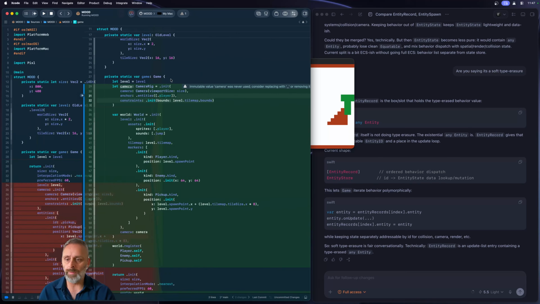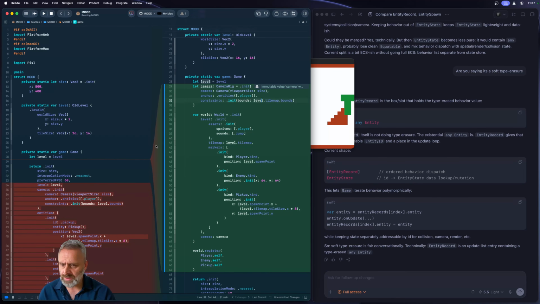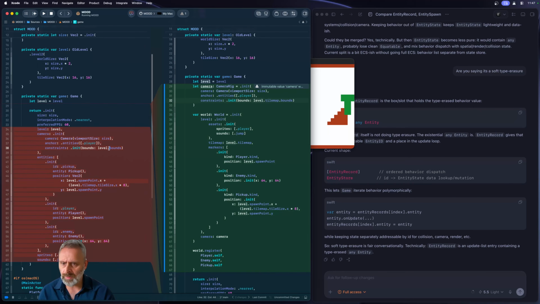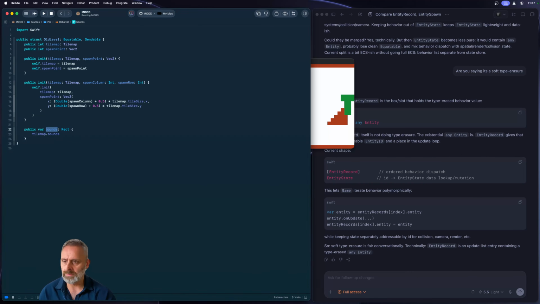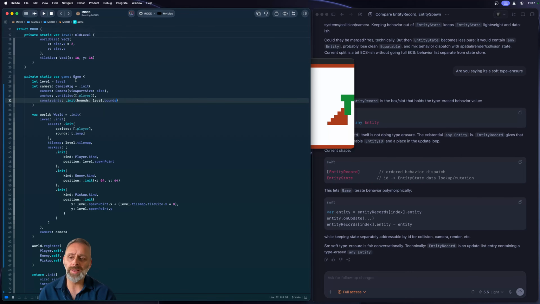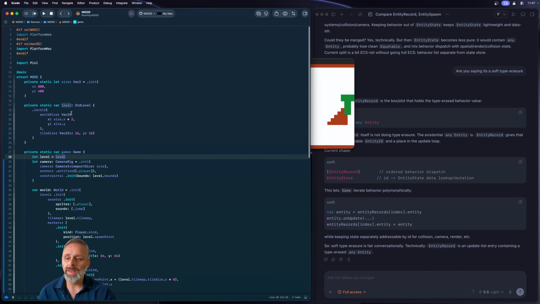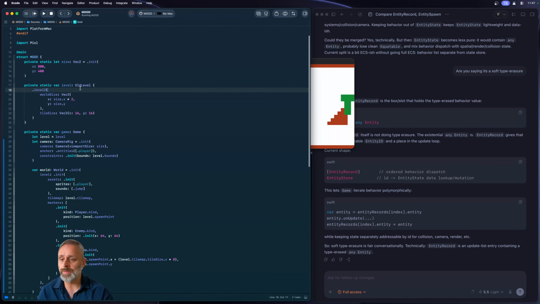behavior we had before. I don't know if that was actually the bounds though, leveled up bounds. It was. Okay, so this is basically exactly what was done before. So that actually seems like that's more correct now. Yeah, because only for now, because level is the old level. So it's fine, but